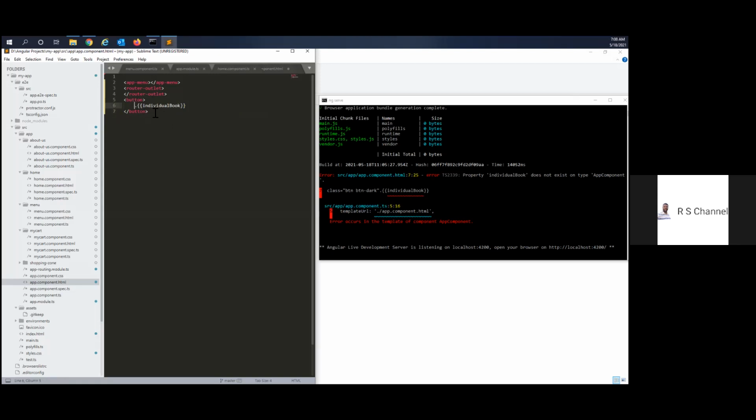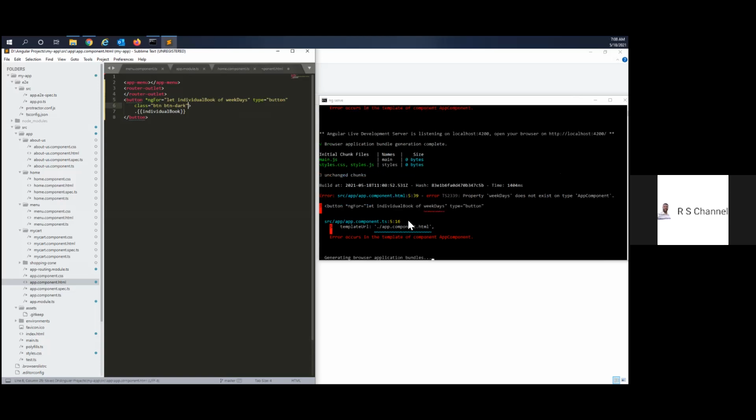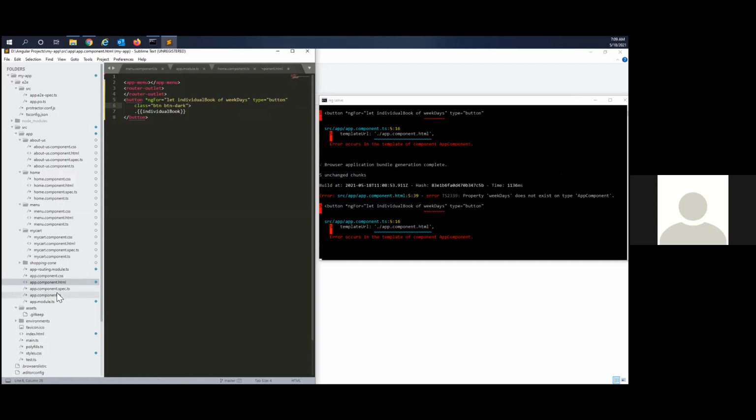After the letter n in button, you paste it, in the previous line, line number 5, before the angle bracket. That's all. Now you try. Weekdays is not declared. Do you have it in TS? No, I was just trying yesterday on the class. Okay, I will do it. Yes, we can do it now.